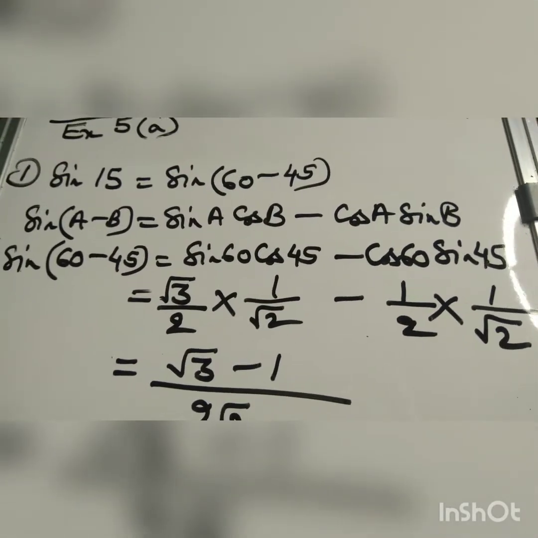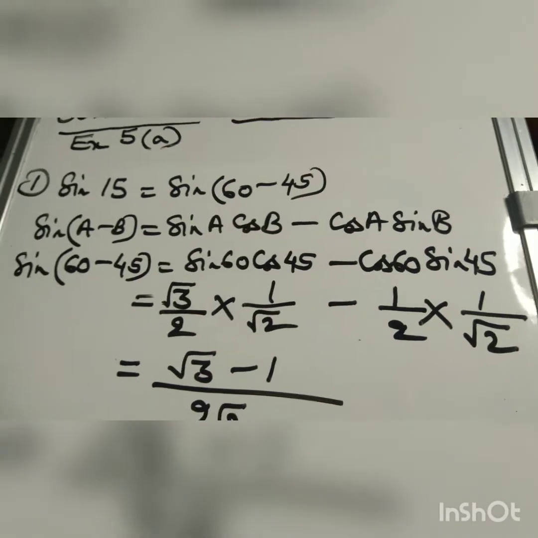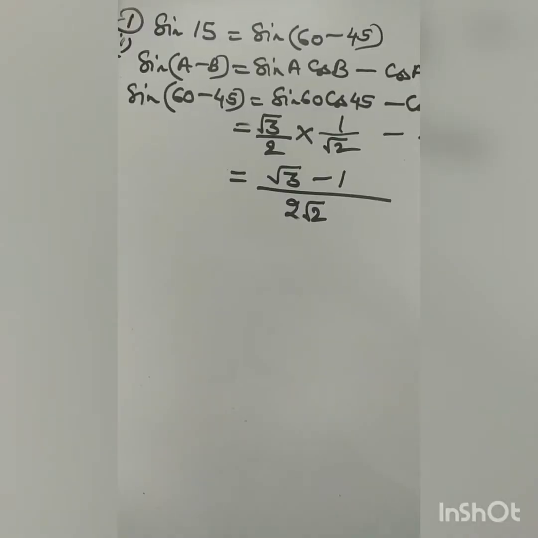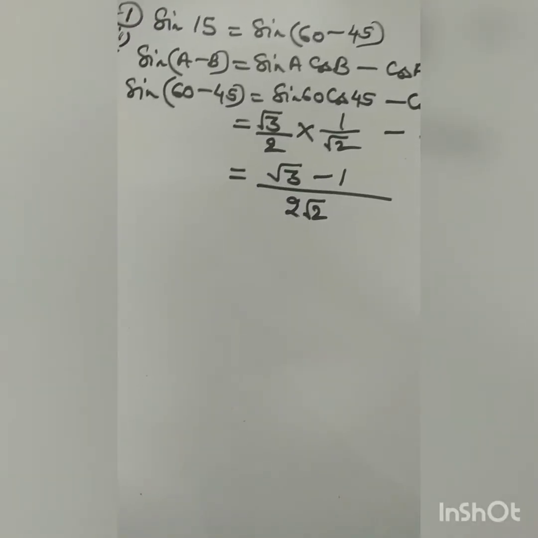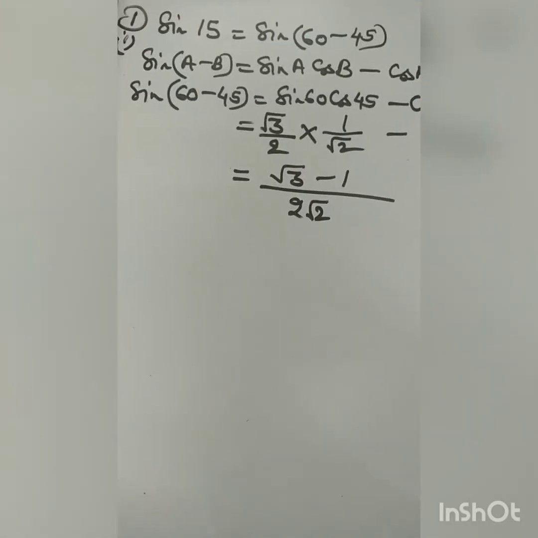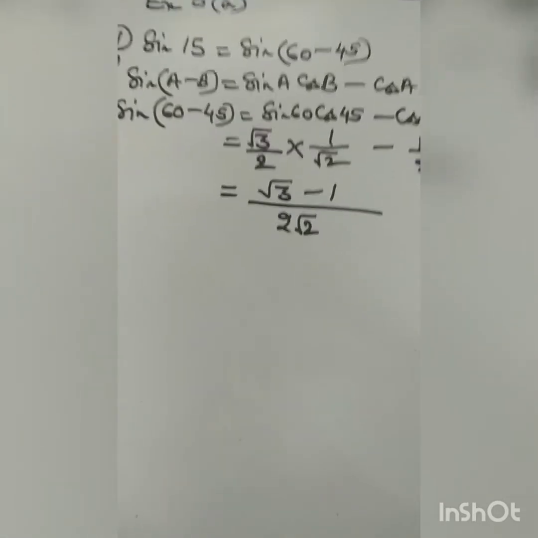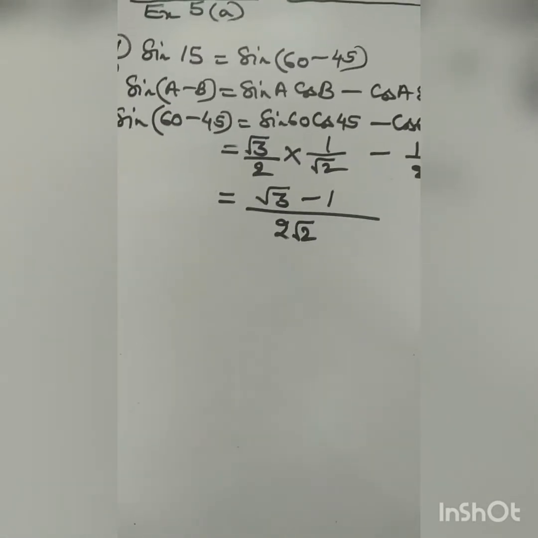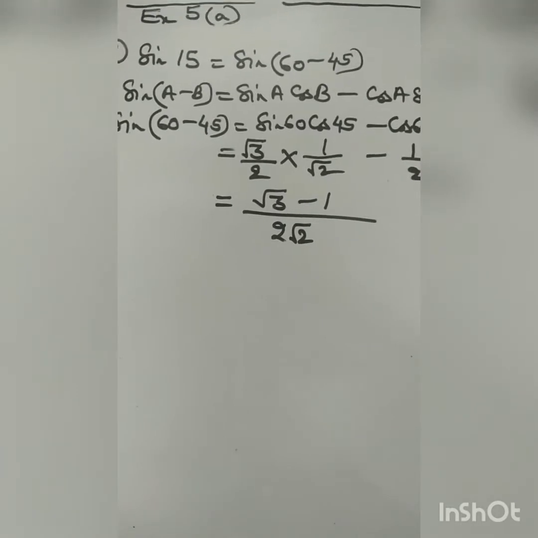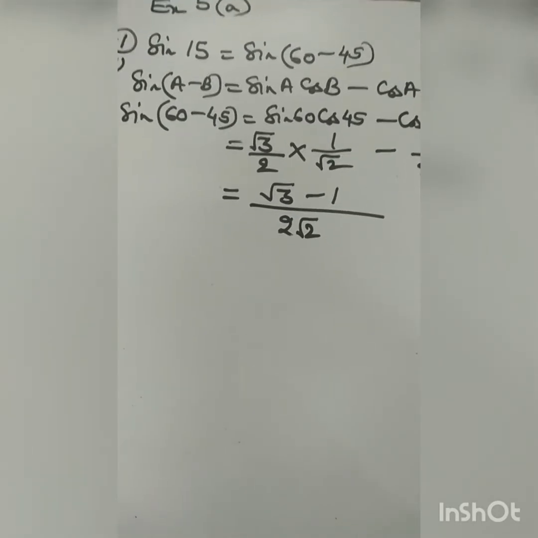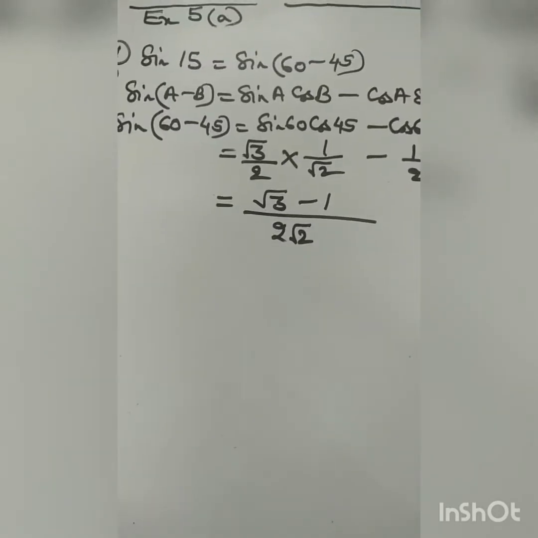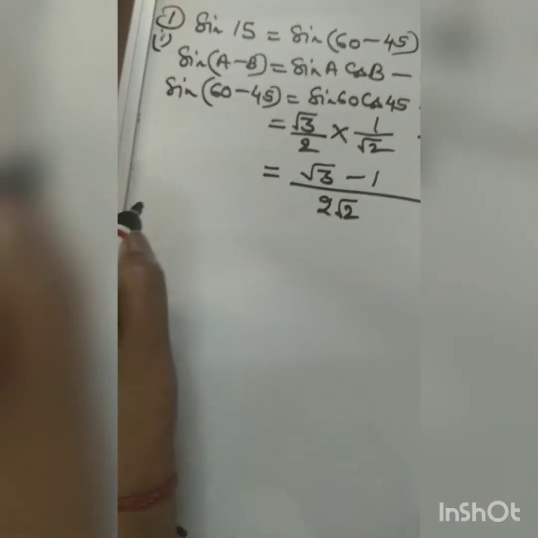Now, I will do the last question, that is the sixth part. Children, now we will do question number 1, last part, that is the sixth part. Now, in this case, they have expressed the angle in terms of pi. So, we will learn how to do it with pi. Let's see what the question is.